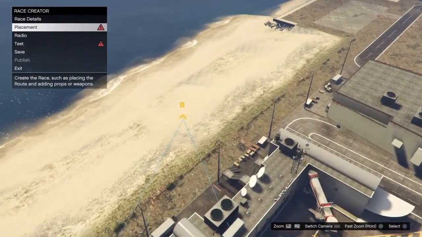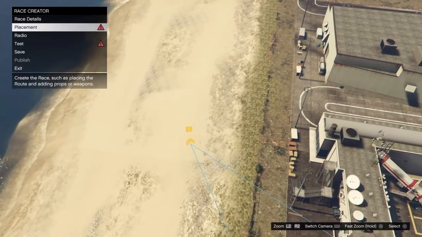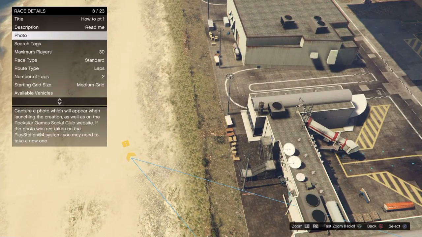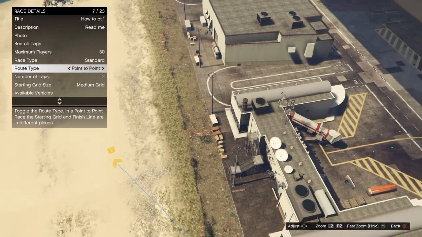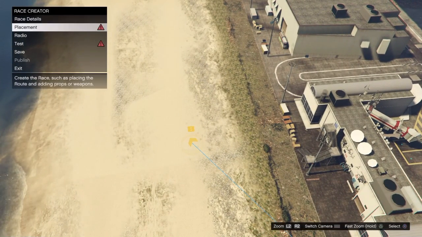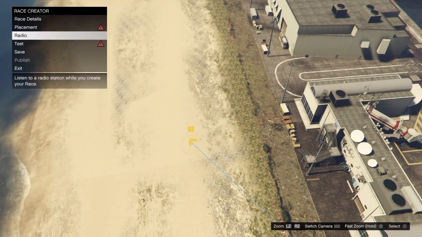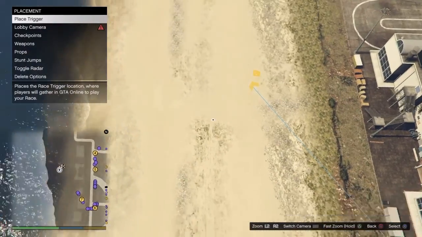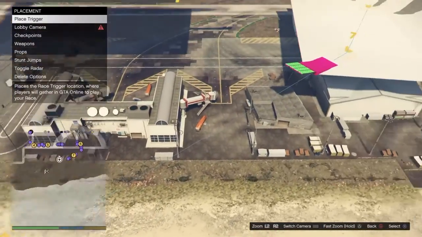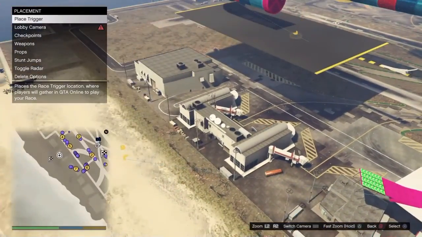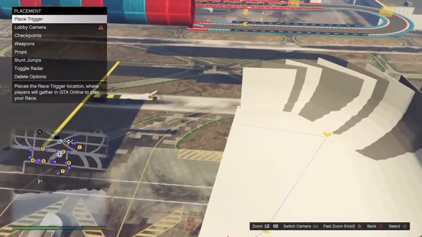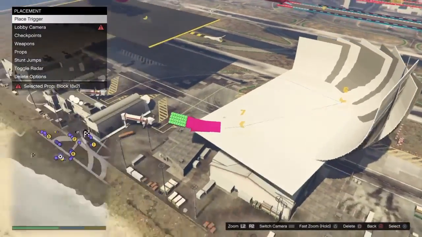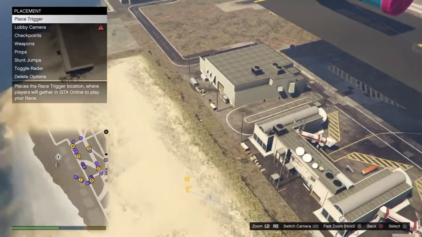So you see I landed right here, which is perfect, and it still thinks I'm doing a circuit, so I'm going to change it to point, and then on the little mini map that should show up as the finish line. Yes, there is the checkered flag right there. So this is a bit of a short race, only 8 checkpoints, but this is a tutorial like I said, and I'm going to do